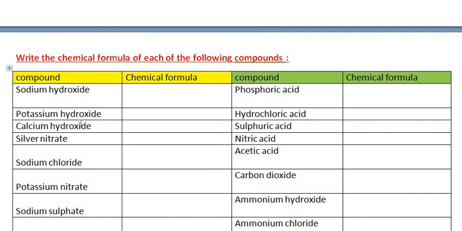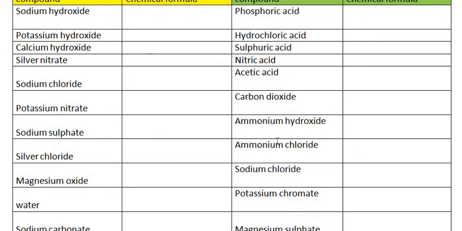Sodium hydroxide NaOH, KOH, Ca(OH)2, because calcium is divalent, hydroxide is monovalent, silver nitrate AgNO3, sodium chloride NaCl, phosphoric acid H3PO4, hydrochloric acid HCl, sulfuric acid H2SO4, nitric acid HNO3, acetic acid CH3COOH, carbon dioxide CO2, ammonium hydroxide NH4OH,